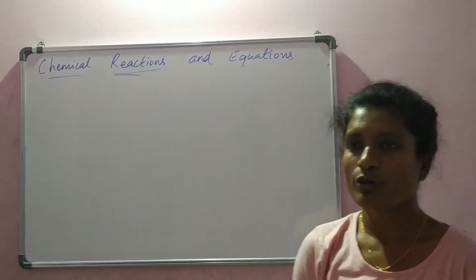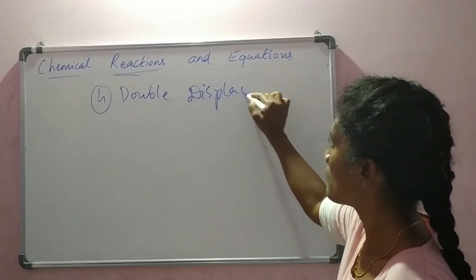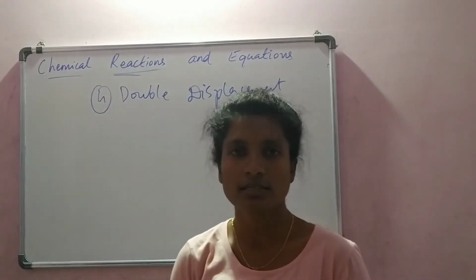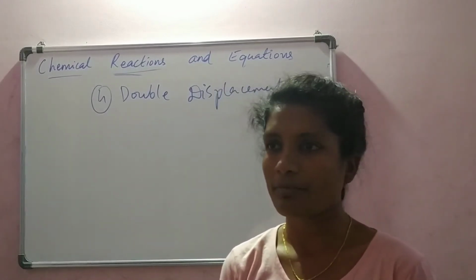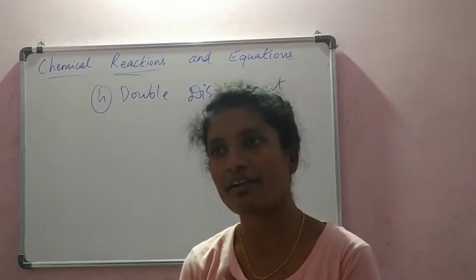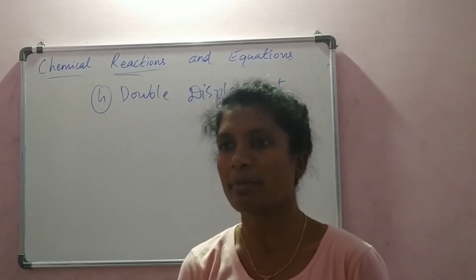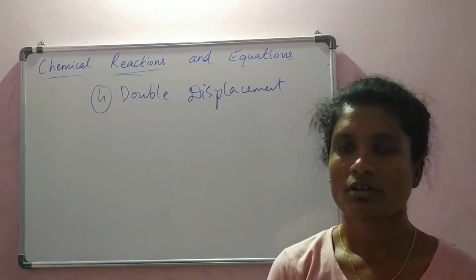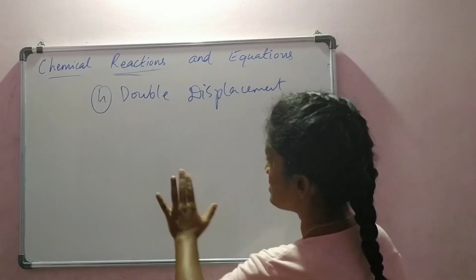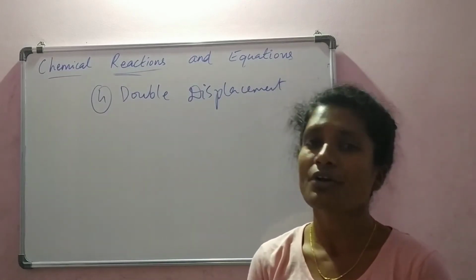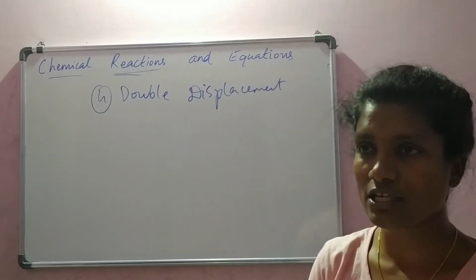Okay, so before getting into double displacement, why are these elements getting replaced or displaced? Because if you observe from the beginning, I am using copper sulfate solution, which reacted with zinc, iron, magnesium. All of these are metals. So metals are more reactive. If you observe the periodic table, metals are on the left side, right? So metals are more reactive compared to non-metals or metalloids. Hence they are capable of replacing or displacing.